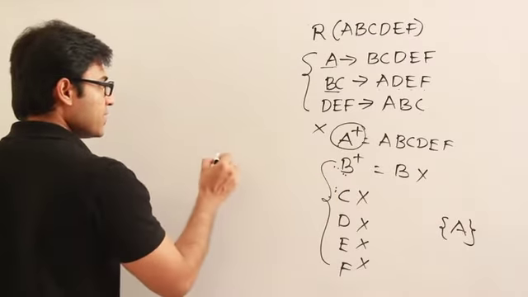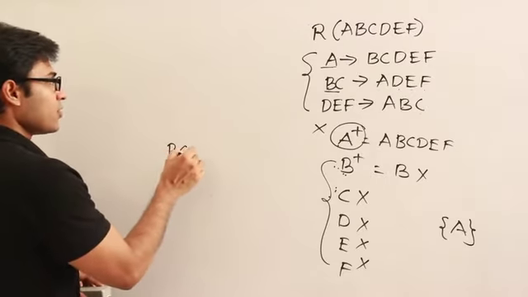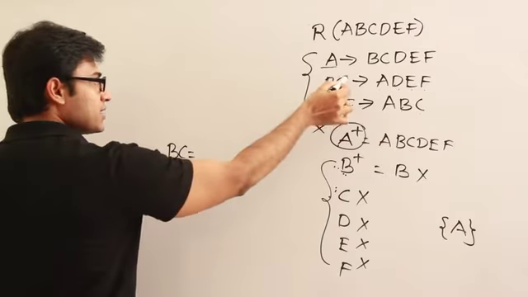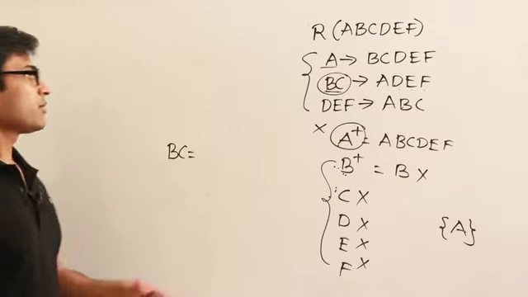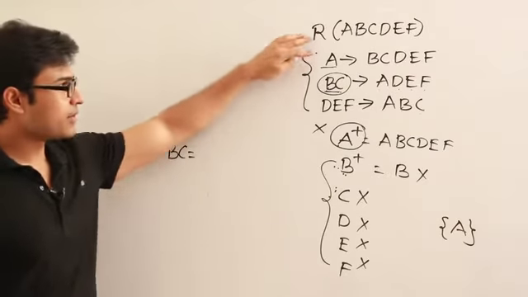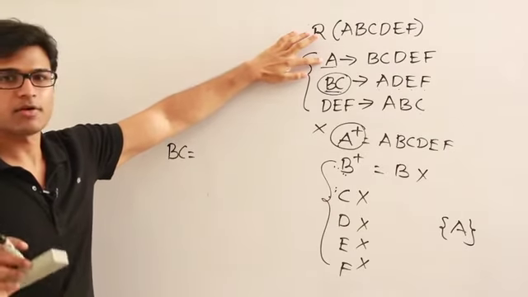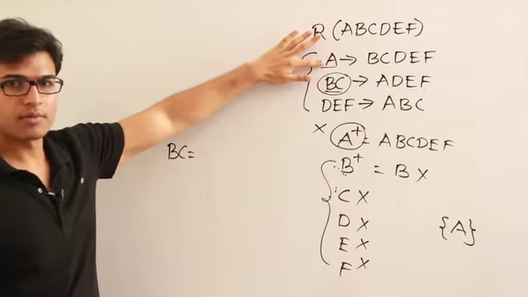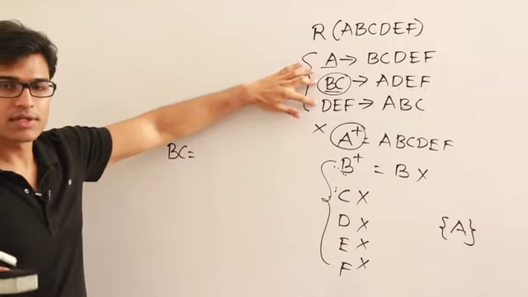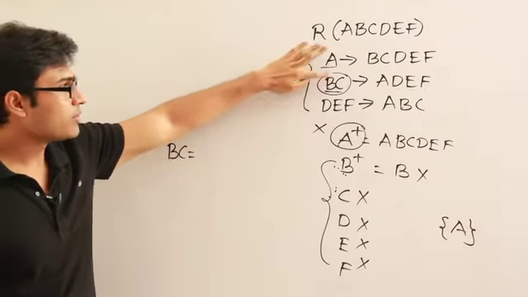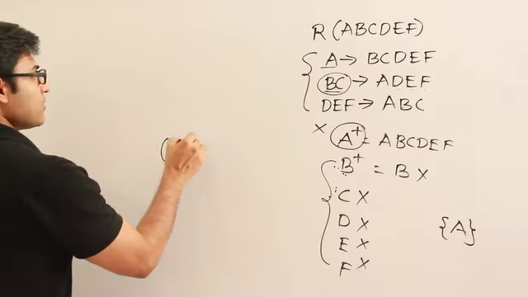So if you take BC, then only you will get something out of it, because only BC is present here as the left hand side of some production, and no other production is containing two attributes other than this one. This one is already excluded, right? You cannot include A as a part of any key, therefore we are not talking about it. Now in the remaining two productions, you will get something other than just those two attributes only when you take BC, right? So therefore, if you take BC plus, let's see what all we get.